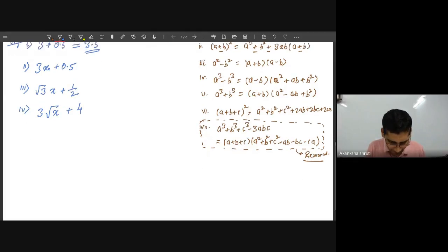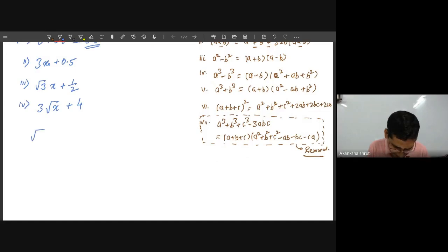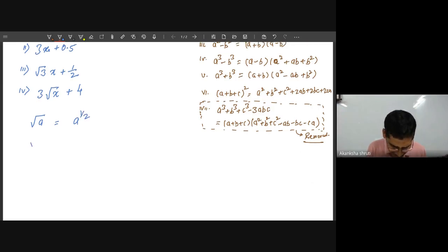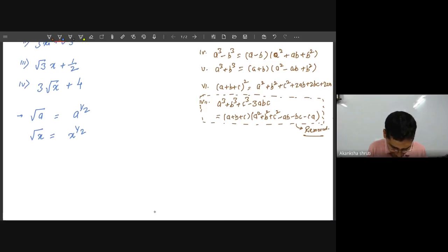Okay, students, we have also learned that if something is written as root a, meaning any number, it simply means a to the power 1 by 2. It means if there is root x, it is simply x to the power 1 by 2. Another one we have also learned: if there is 1 by x, what does it mean? It is x to the power minus 1. So these are the laws of radicals, whatever we have learned in class 9th, sorry, in chapter 1, those things we also need to apply.